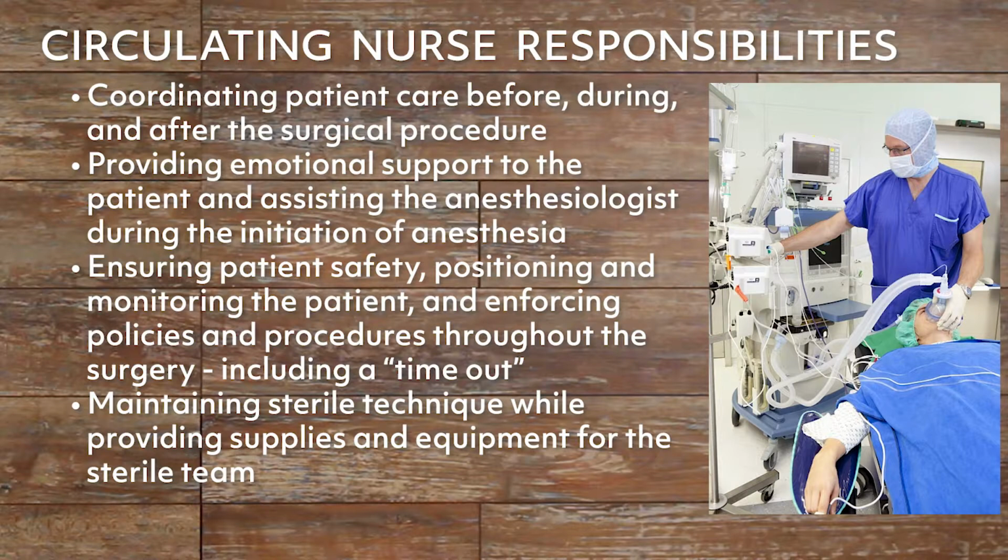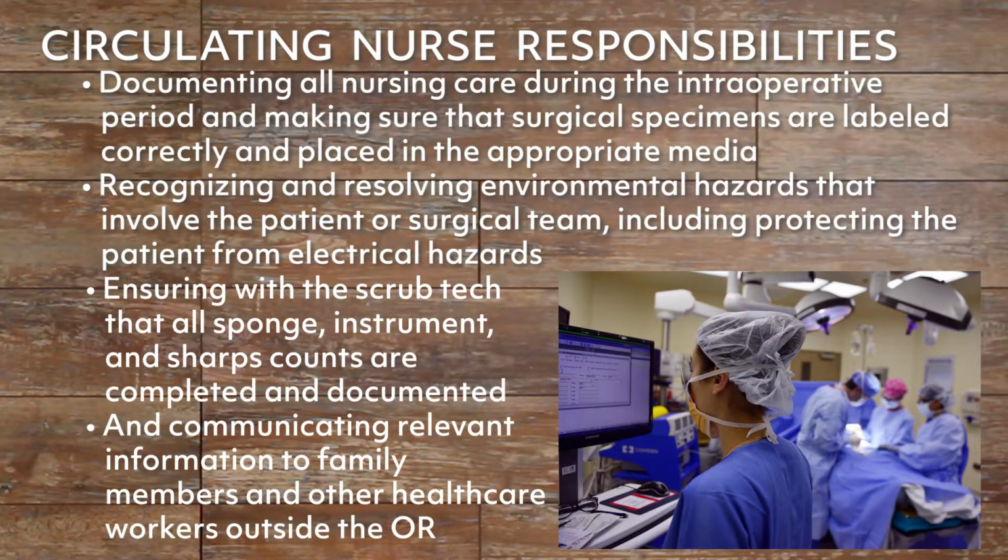The circulating nurse is an RN with several responsibilities, including coordinating patient care before, during, and after the surgical procedure, providing emotional support to the patient and assisting the anesthesiologist during the initiation of anesthesia, ensuring patient safety, positioning and monitoring the patient, and enforcing policies and procedures throughout the surgery, including a timeout, maintaining sterile technique while providing supplies and equipment for the sterile team, documenting all nursing care during the intraoperative period, and making sure that surgical specimens are labeled correctly and placed in the appropriate media,